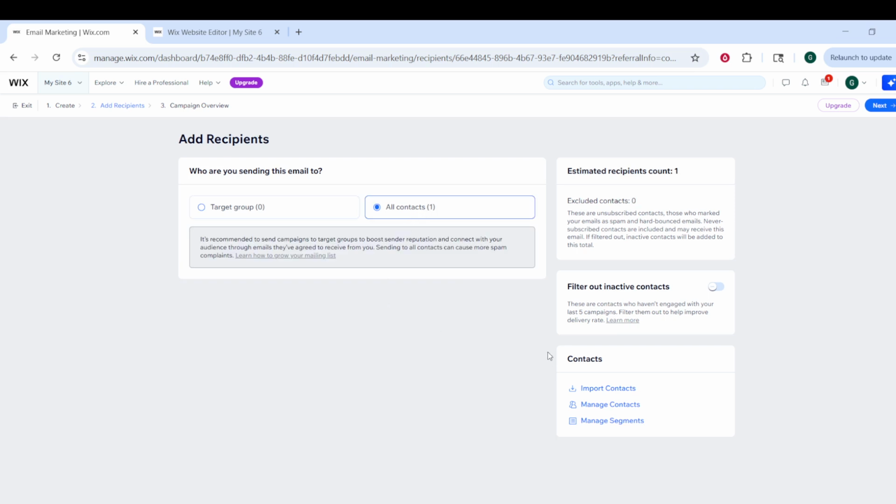Next, enter your subject line and sender details. Your subject line should be clear and direct because it is one of the first things people see in their inbox. The sender details should also be accurate and recognizable so recipients know the email is coming from your business